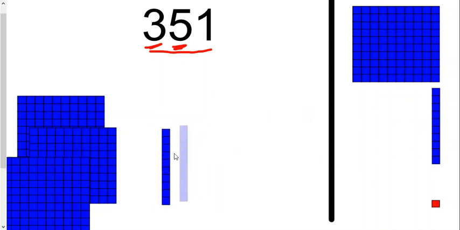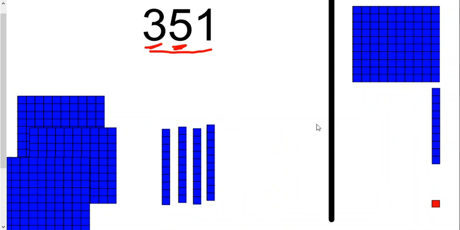1, 2, 3, 4, and 5. So we can see that all 5 of these long skinny pieces would add up to be only half of one of these hundreds. Well, we have our 5 tens, and last of all we look in the third place value, the only other